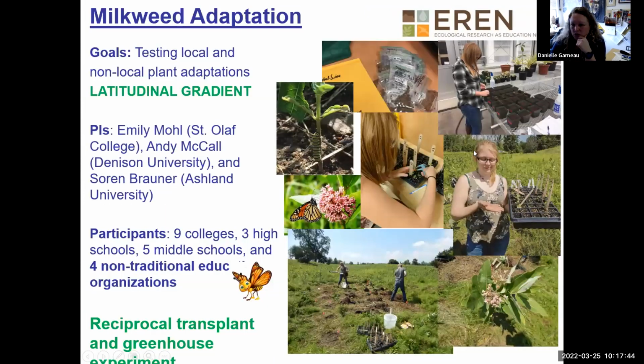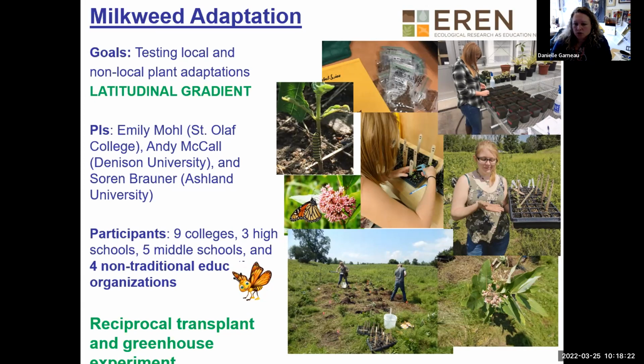And so I wanted to end just with an example of something that you could participate in, and that's the milkweed projects. So there is an organization led by many of the PIs for the milkweed projects. We're specifically looking at milkweed distributions along a latitudinal gradient. We're looking to see if there are differences in adaptations, and this would be important, obviously, for monarch butterflies and so on. Emily Mole is our PI, along with some others, and they've been very effective in engaging local schools